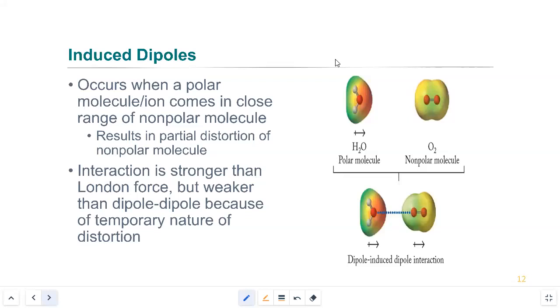The result here, we do get attractions that are stronger than intermolecular forces of London forces, but they're temporary. So this is why it is really important for aquatic life that the water be moving, because you need to have fresh interactions between water and the oxygen around it. If you don't, then the water starts to lose its oxygen over time, and basically your pond starts to dry